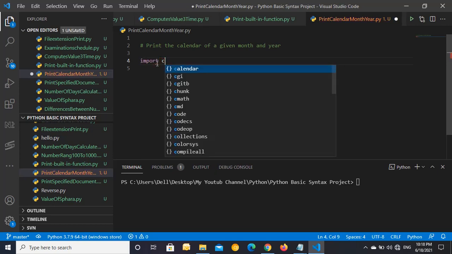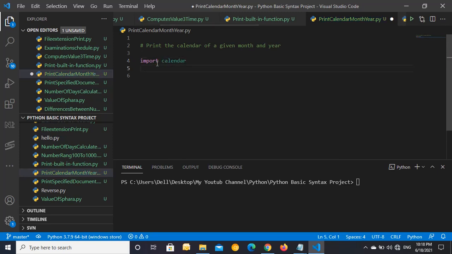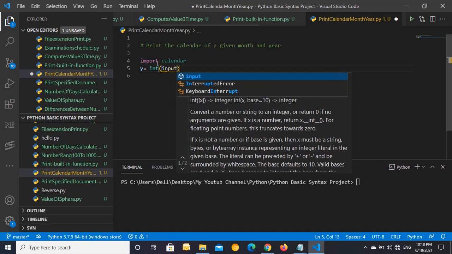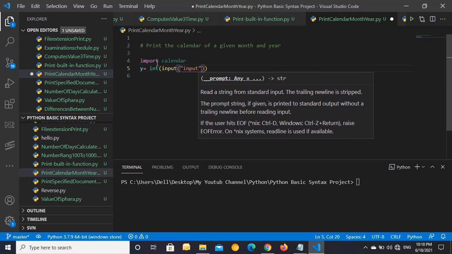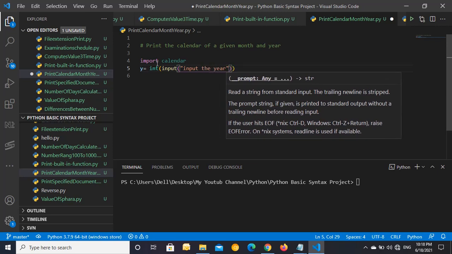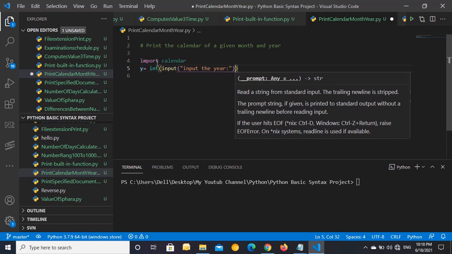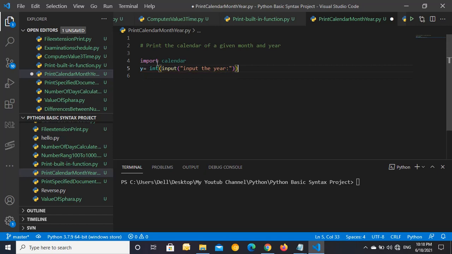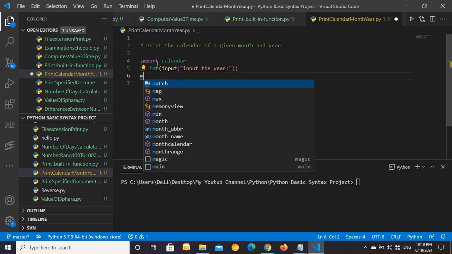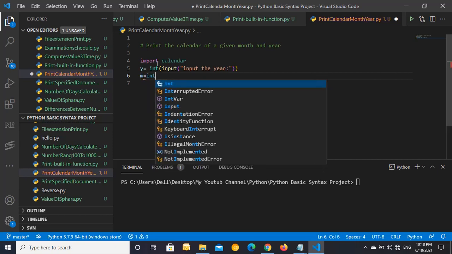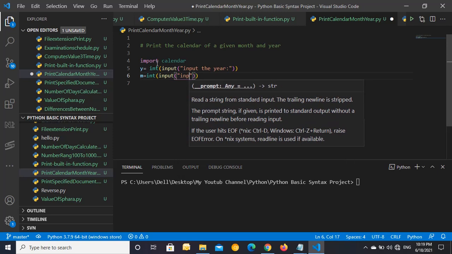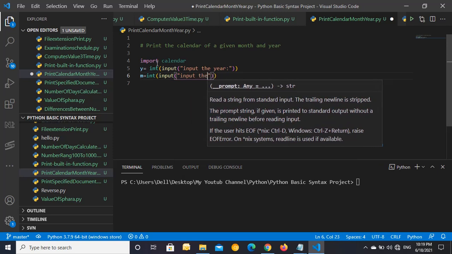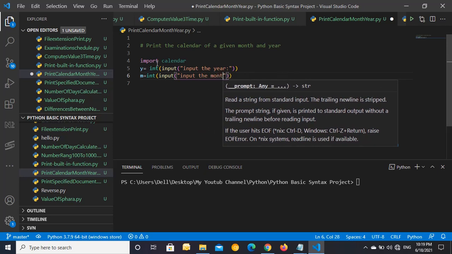Import calendar, and then assign a variable of year equals to input and put the message, and put the year simply. And m for the variable of month equals to input and put the message and put the month. Okay,